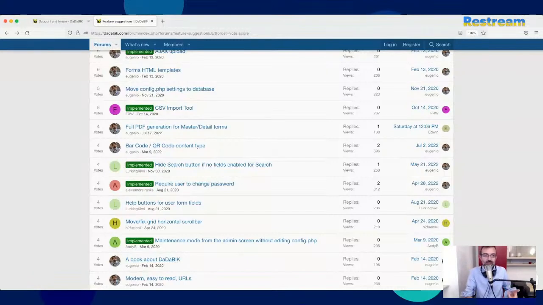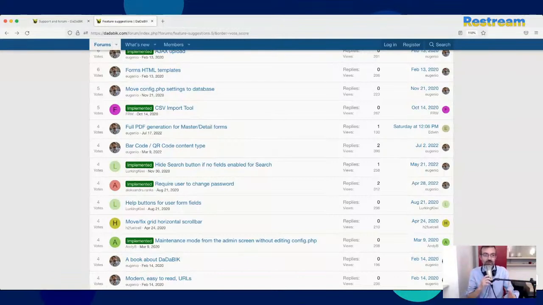So if you have the classic scanner, you can easily scan a barcode and have as input the corresponding alphanumeric code. The only thing we need to do in DaDaBIK is, for example, in the details page and in the results grid, to transform the alphanumeric code back into a barcode.